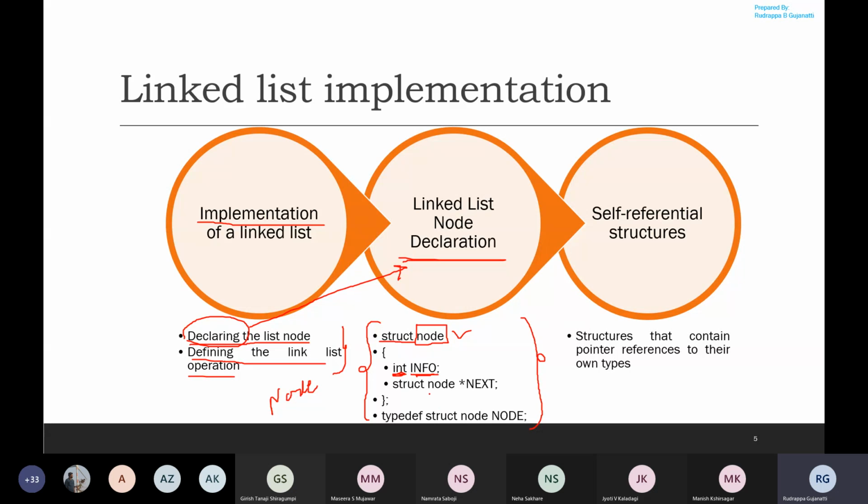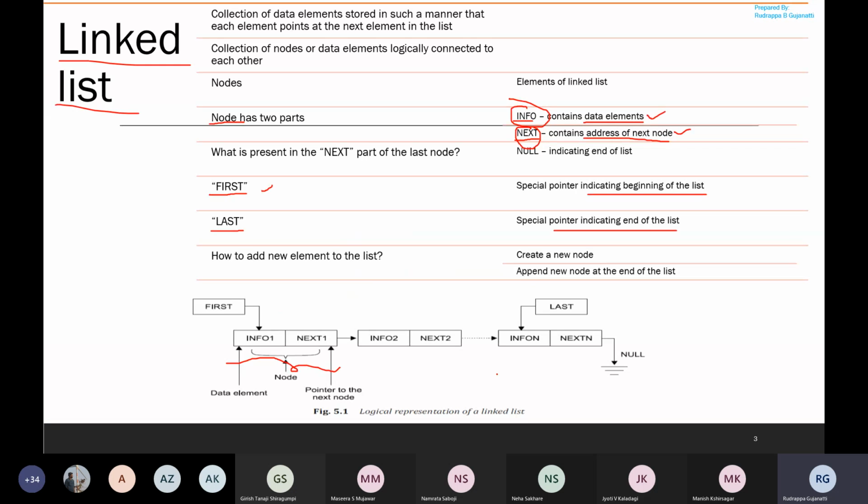Now, apart from this, what is the other thing we have to declare? We have to declare an address parameter, that is, we have to declare a pointer, which is identified by the next field. Now, what is this one? This one should be a pointer. It should be a pointer to what? It should be a pointer to a node.